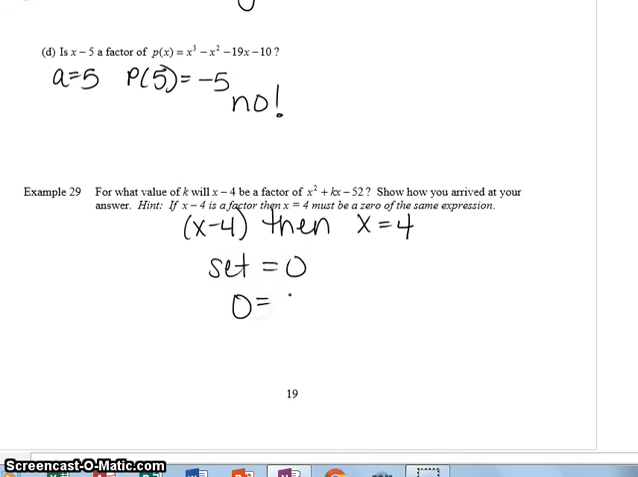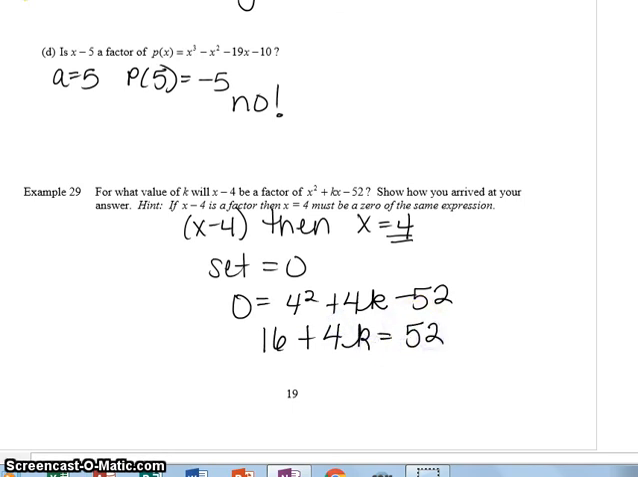So 0 is equal to 4 squared plus 4 times k minus 52. Remember, this is your x, right? We're substituting in 4 for x. So now we're just solving for k. Okay, so I end up getting 16 plus 4k equals positive 52. How'd I do that? I just brought